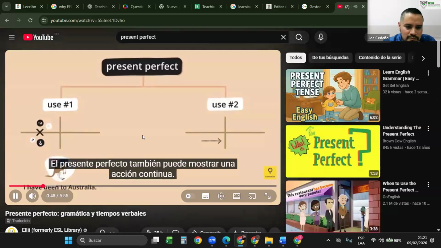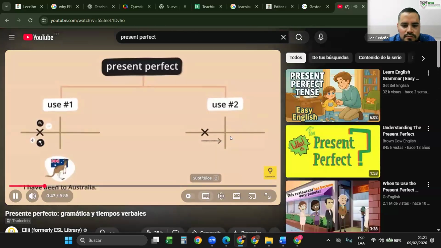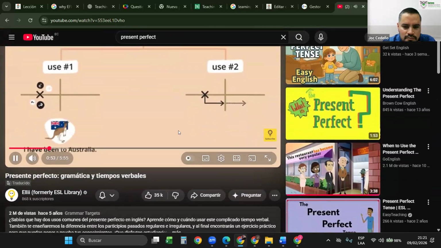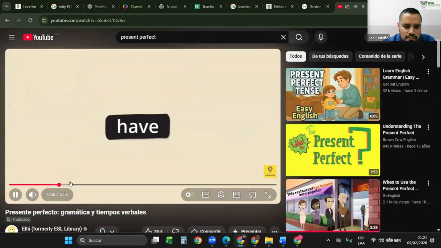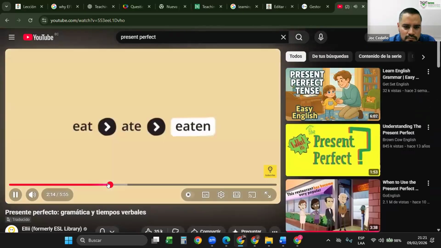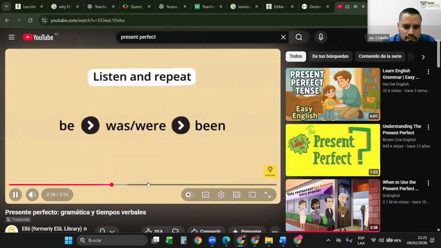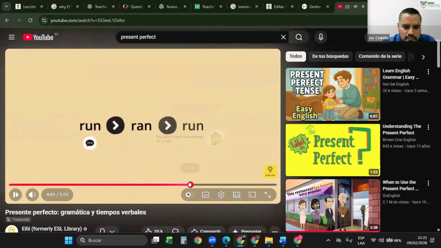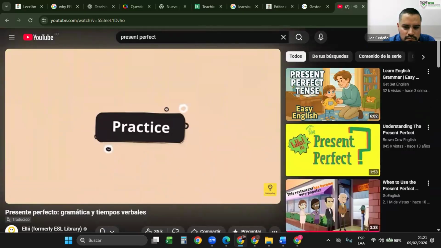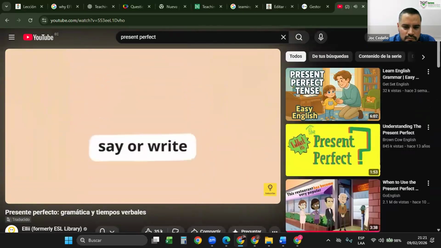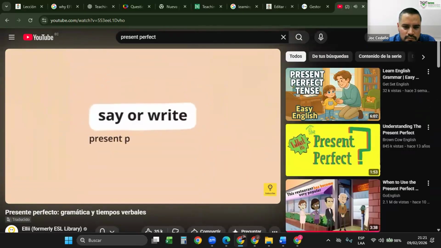Continuing action. It shows an action that started in the past and continues to the present. This action might continue into the future too. It is formed with the auxiliary verb have. Here are some examples of irregular verbs. Look at the picture and say or write a present perfect sentence. For example,